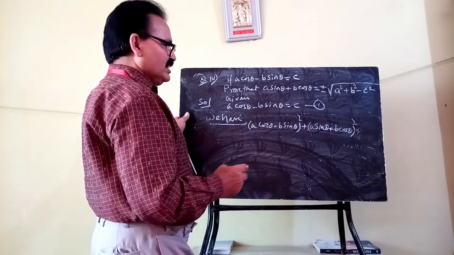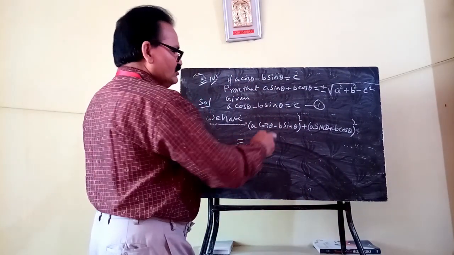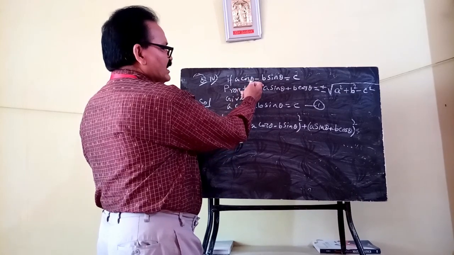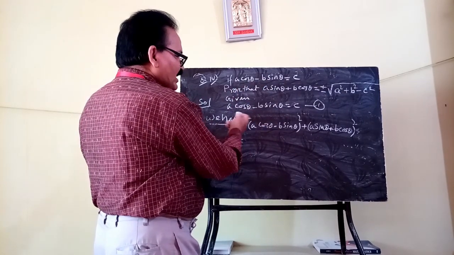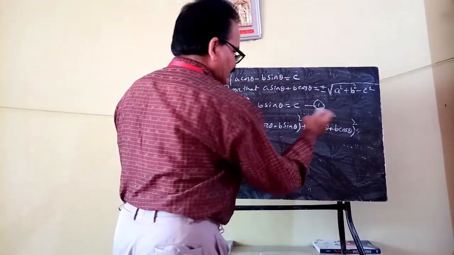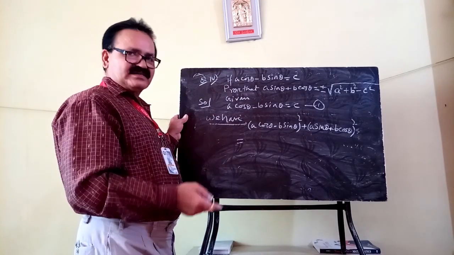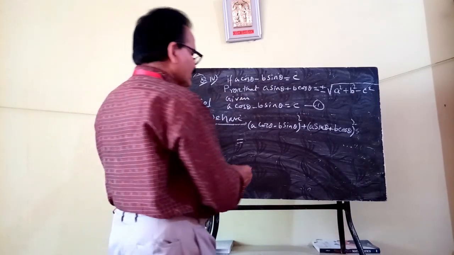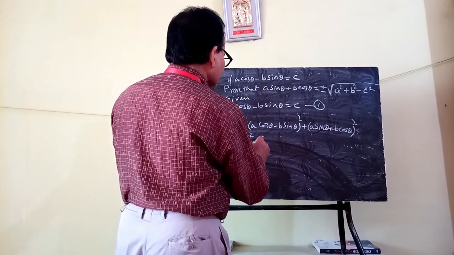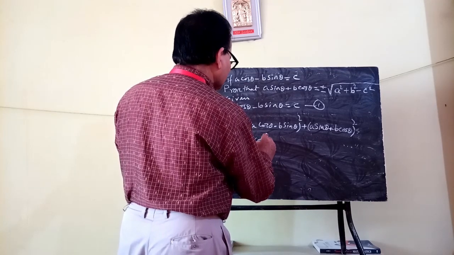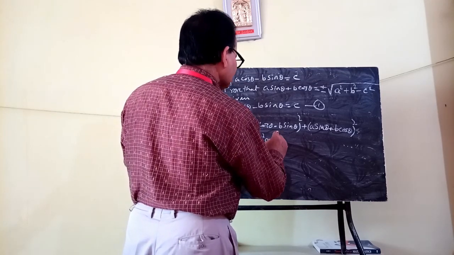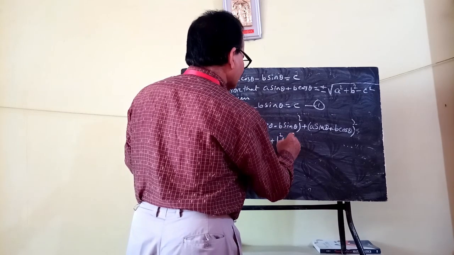You will have to see, you just squared the given term as well as what is to be found out, you have squared and added. Now you expand this. On expanding, what you will see is a square cos square theta plus b square sin square theta